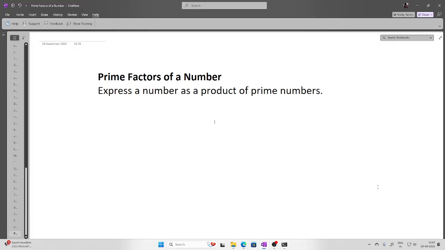So today in this session we will be learning how to evaluate the prime factors of a number. So what are prime factors? They're nothing but the prime numbers by which the number can be divided completely, and then their product will return the number itself. So, express a number as a product of prime numbers. That's it. For example,